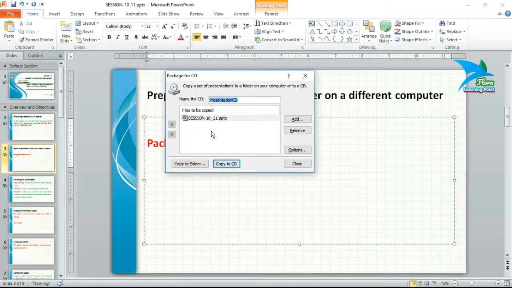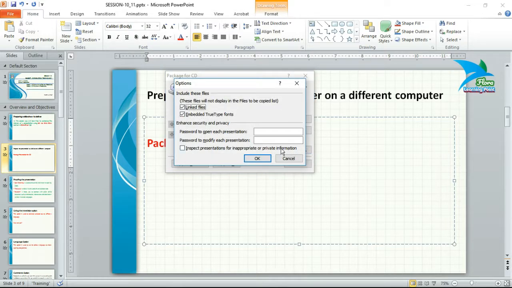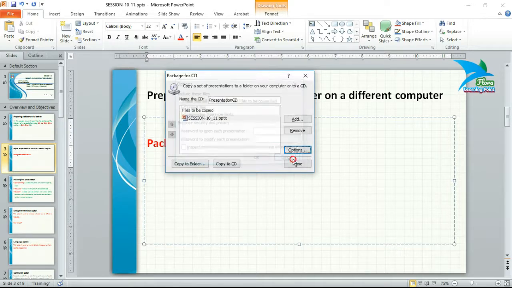a dialog will be shown, and in this dialog the current presentation will be added by default, and you can add another presentation also by clicking on the Add button. And after that, here we also have the Options button. When you click this Options button, you can also make that CD password protected. That means if you want to make that CD password protected, then you have to specify a password here to open or a password here to modify the contents of that CD. And